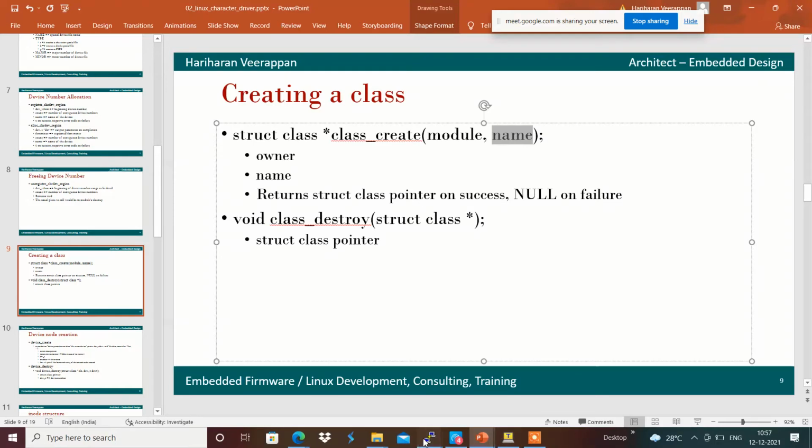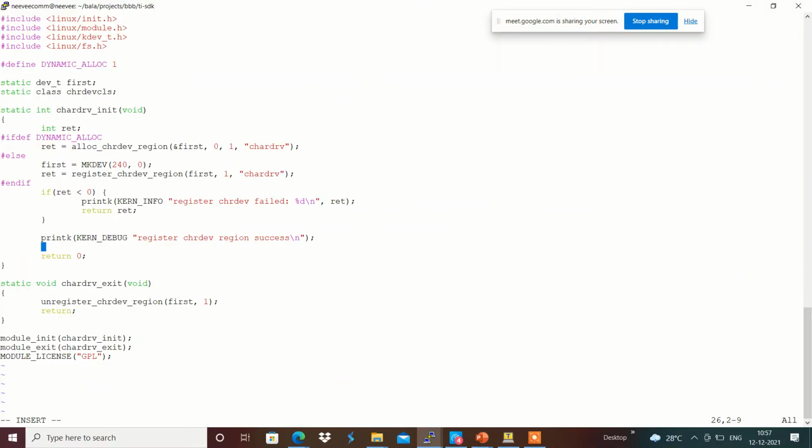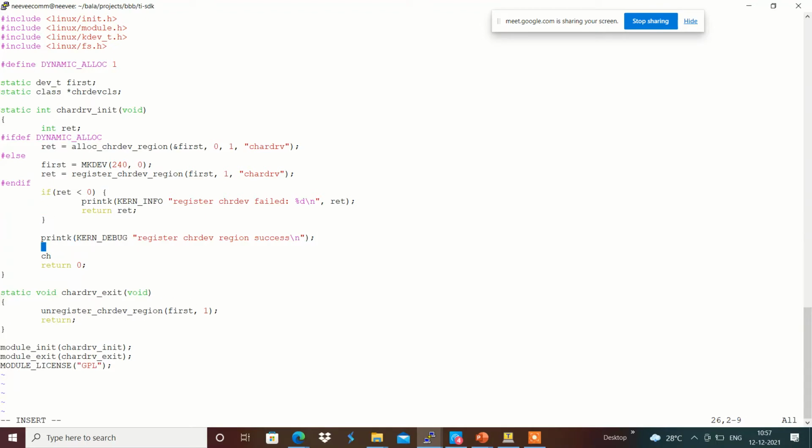For that, we will be using something like a character class, chr dev class.